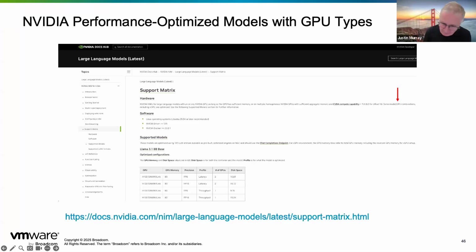Now, under the covers, there is direct path I/O going on, but virtual GPU gives me the special feature of being able to vMotion my VMs around in the data center that dynamic direct path I/O does not give me. I'll show you a chart in a short while that explains the differences between those 2 techniques, Teddy and Anastasios. So virtual GPU profiles are an alternative way of using the GPU to pass through or dynamic direct path I/O. There are alternatives that you can choose. I'm using virtual GPU here to get that advantage.